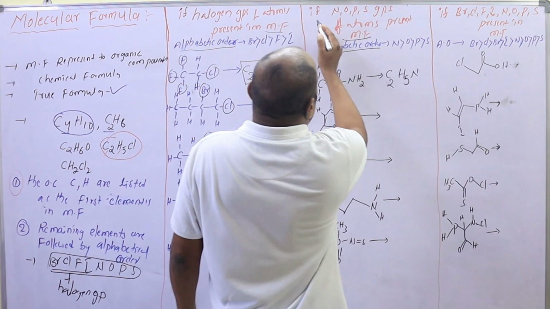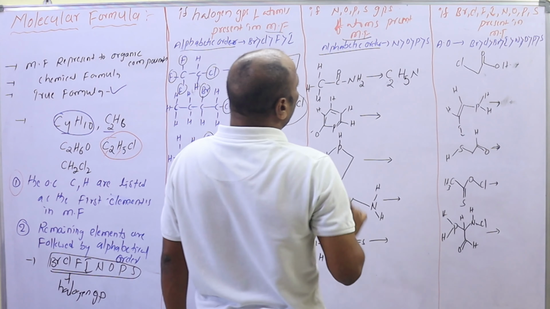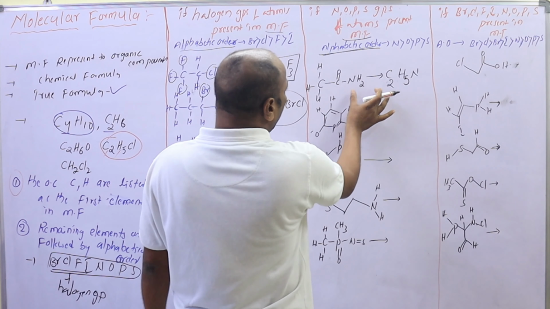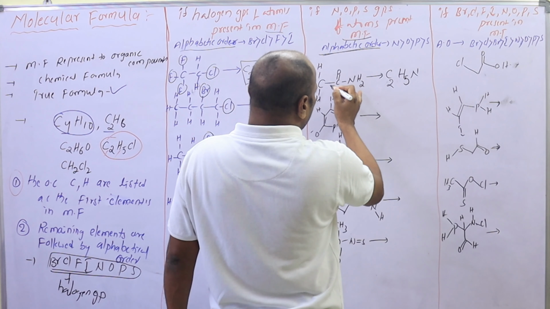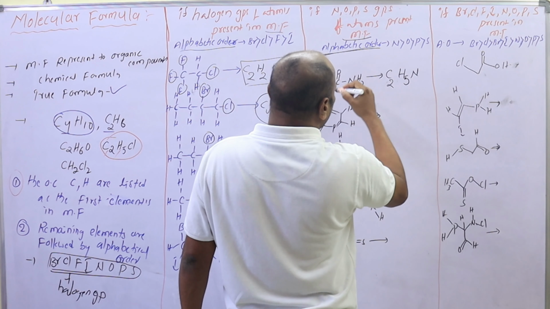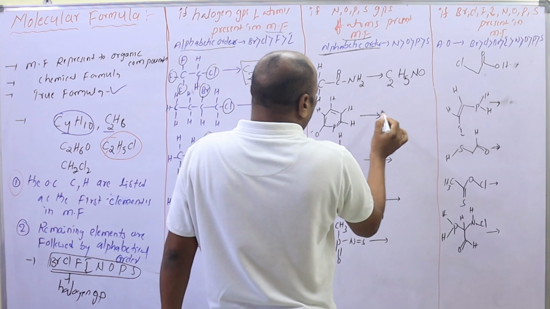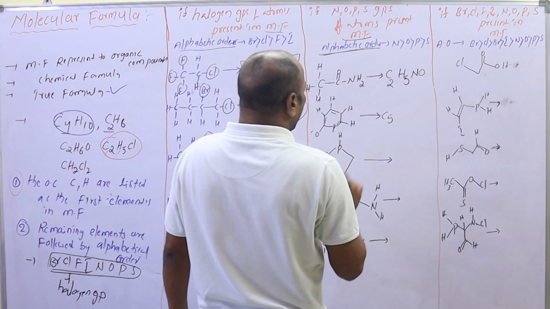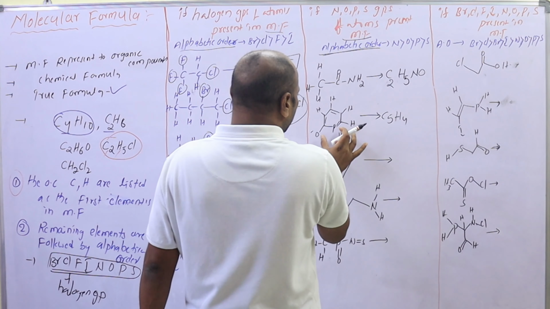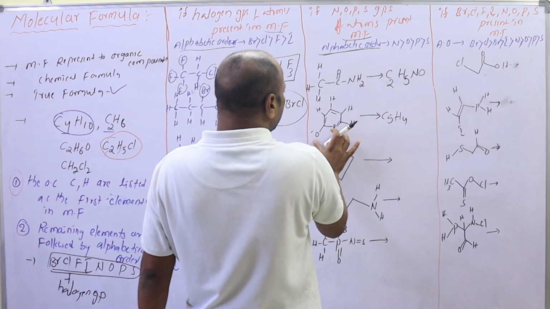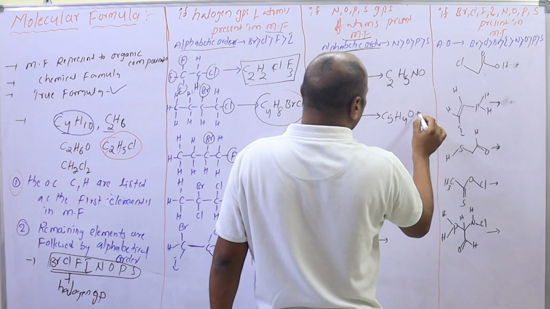Next, if nitrogen, oxygen, phosphorus, sulfur groups of atoms are present in the molecular formula, it is in alphabetical order. So now it is carbon, 2 carbons and 5 hydrogens, nitrogen and then oxygen. It is followed by alphabetical order. And now carbon, 5 carbons and 4 hydrogens. And the next remaining groups, oxygen and phosphorus, are present. According to alphabetical order, oxygen and